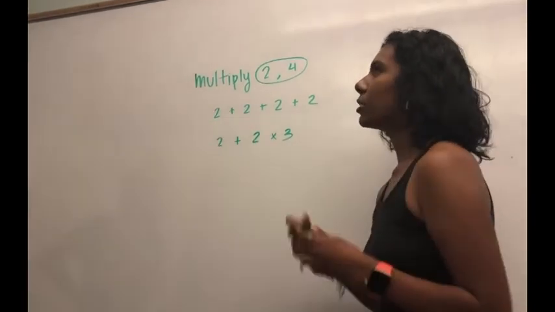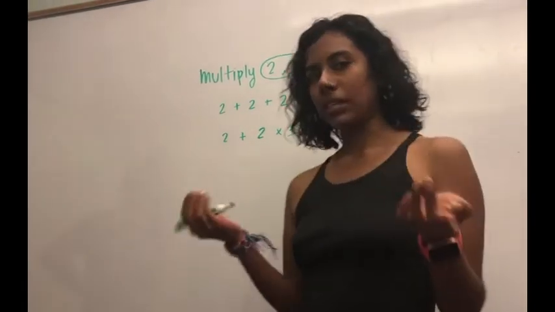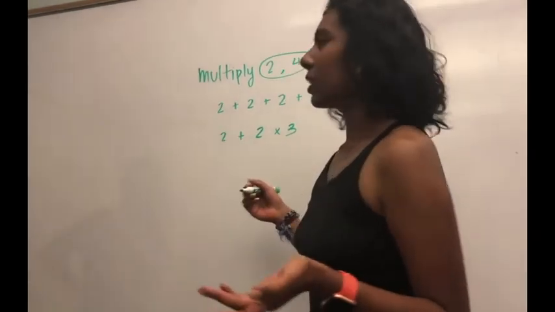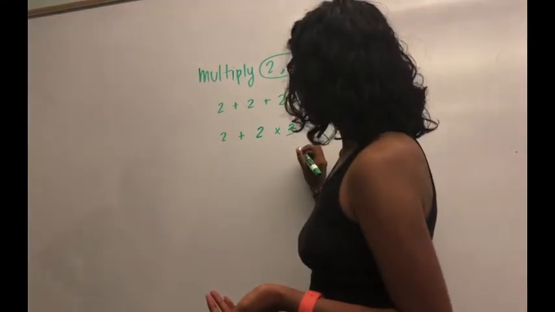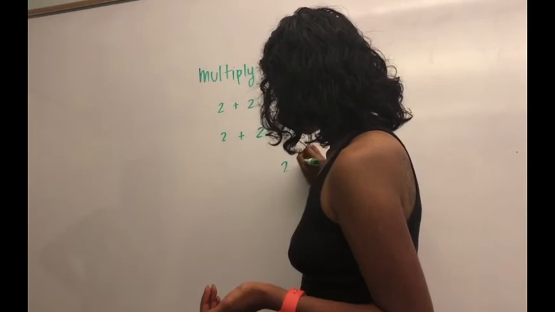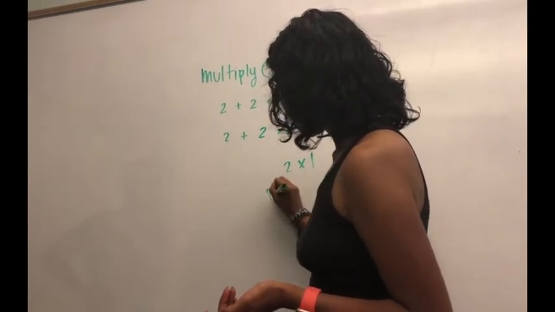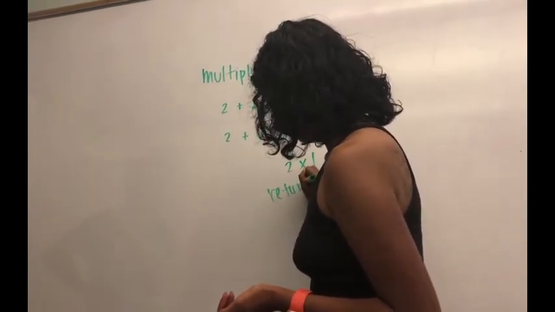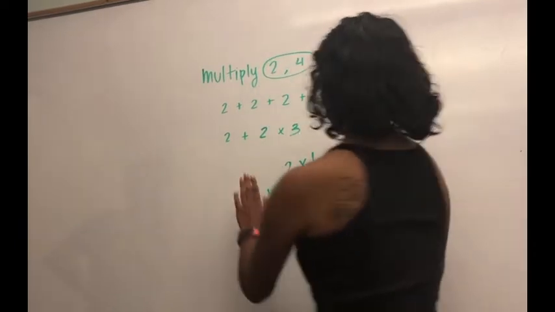So first, whenever we do recursion, we always want to think about a base case. What's the simplest thing we can multiply? We can multiply any number by 1. So in this case, if this was 2 times 1, we would just want to return 2. So whenever